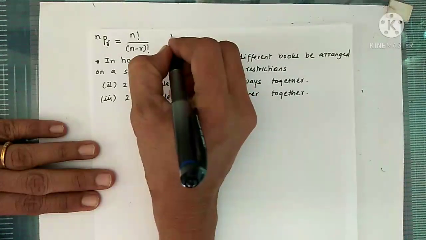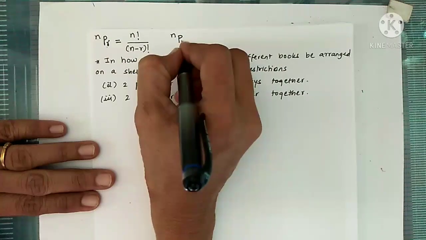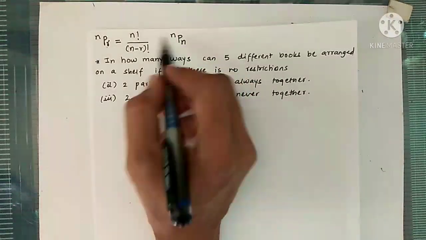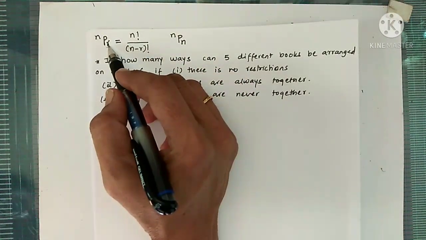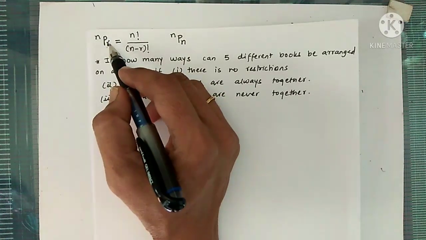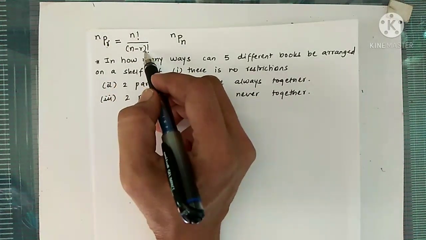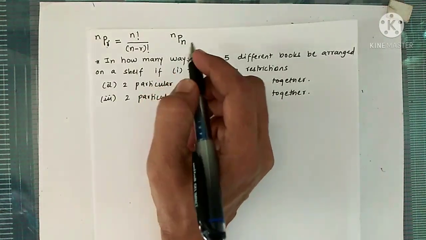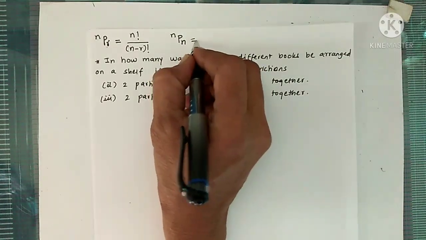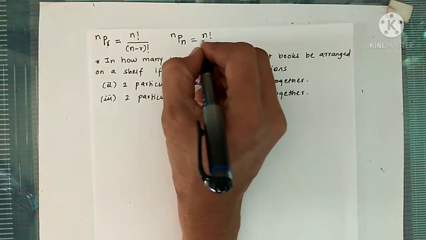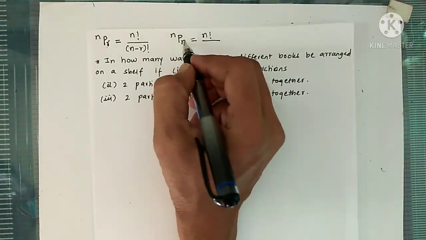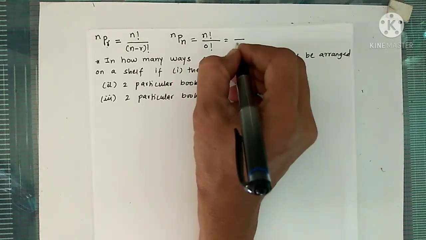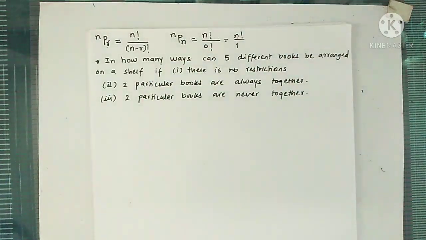Now, if n objects are given and we want to arrange all the n objects at a time, that means we want to find nPn. See, n objects are given and here we are arranging r objects in a straight line out of those n objects, and those number of ways are n factorial upon (n minus r) factorial. Now, if we want to arrange all the n objects at a time in a straight line, then nPn will be n factorial divided by the difference of these two numbers, but now both the numbers are the same, so the difference is 0, and we know 0 factorial is 1, so it is n factorial.